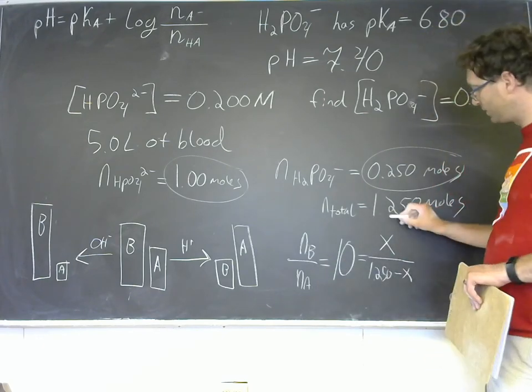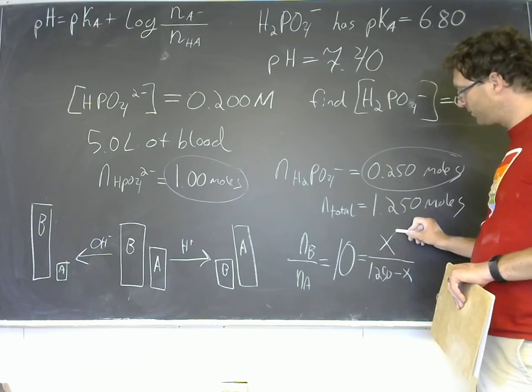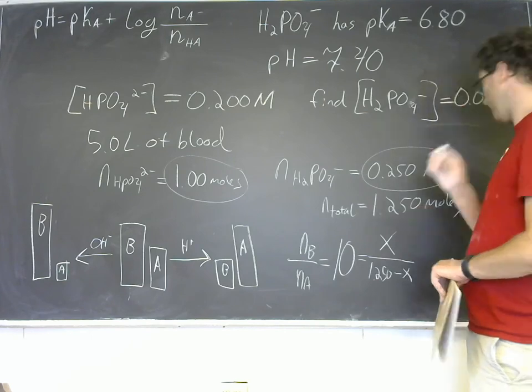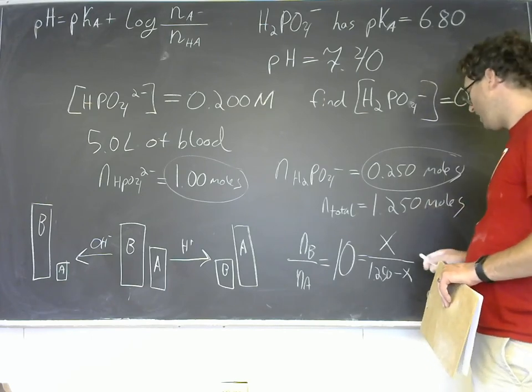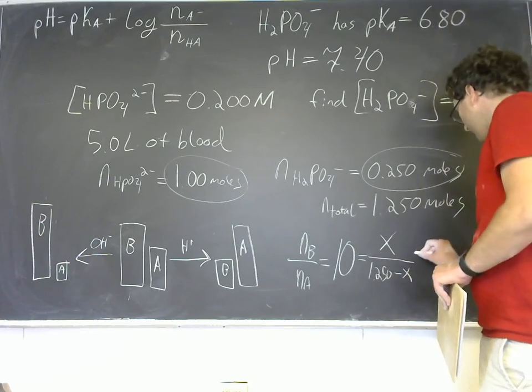Okay, so this 1.25 moles is the total, and so if I have X moles of conjugate base, then I'd have 1.25 minus X moles of conjugate acid,